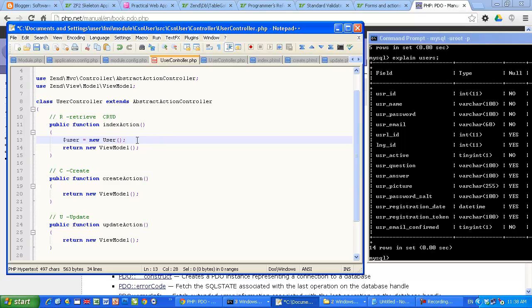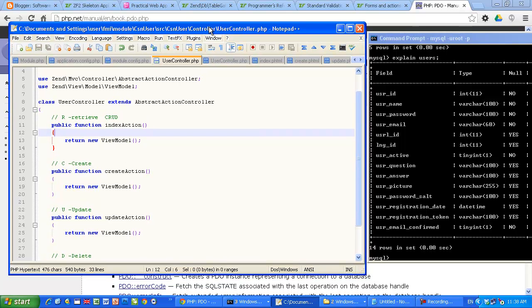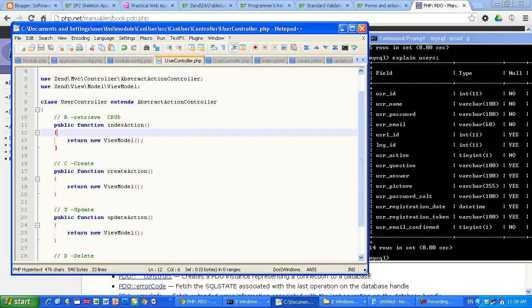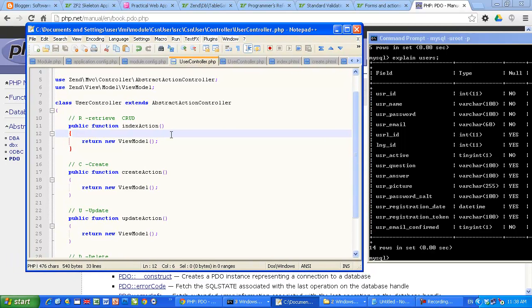Of course, I'm not going to use such an entity User right now. I'm going to use something else, but I'm going to use Table Data Gateway. Of course, what Rob Allen has done is right. I personally prefer to extend everything a little bit more, go one step further, and use Doctrine together with Zend Framework 2. Because right now the approach of Zend Framework 2 for the data mapper is a little bit more difficult. Okay, so